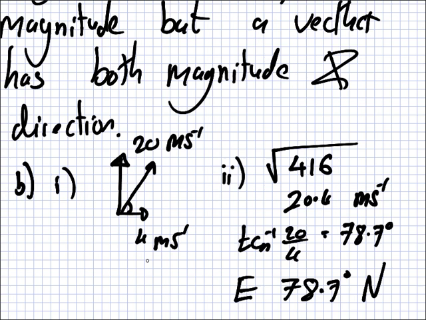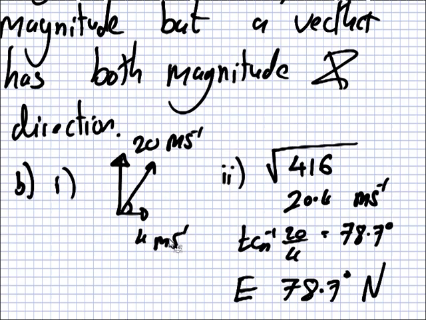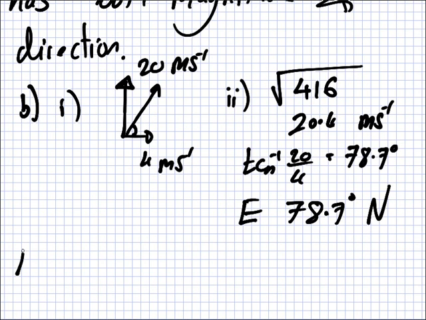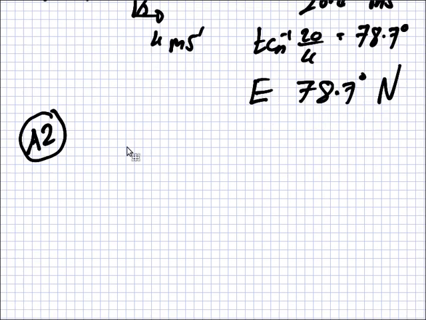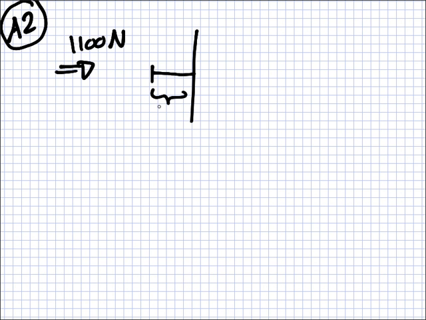Are we on to A2? Yeah. Okay. Siva will give us A2. We'll take turns. What's A2? When a nail is driven into a piece of wood, a force must be applied to the nail by a hammer. The average force applied is 1,100 Newton, and during one strike, the nail moves through a distance of 1.5 centimeters in the direction of the force applied by the hammer. A. State